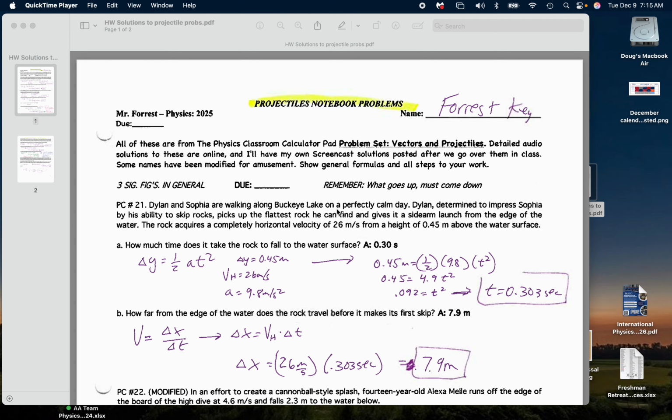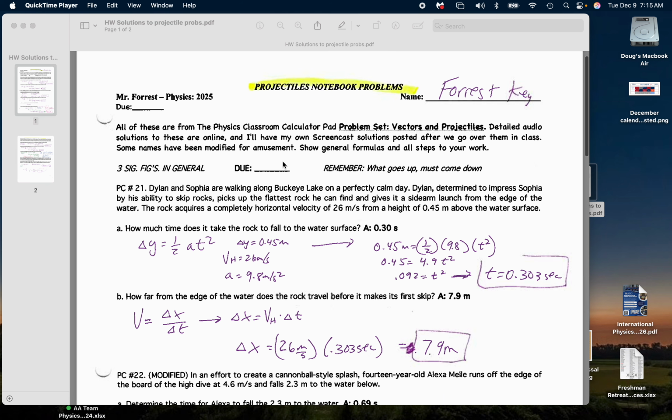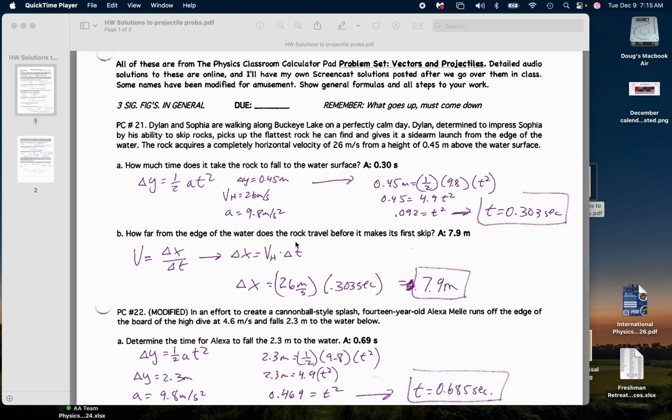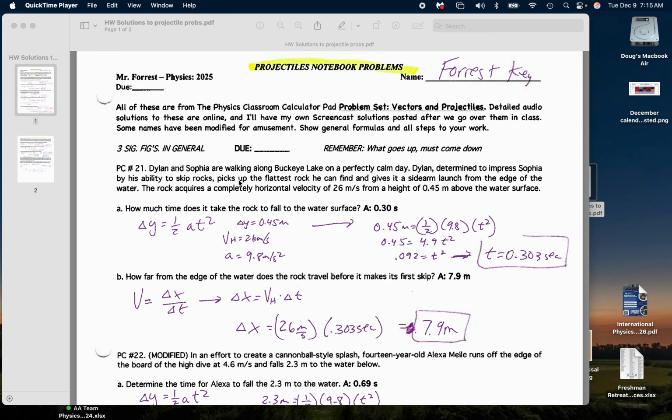Alright, so these are the solutions to the projectile motion notebook problems. They were due Friday on the 5th, and I collected those and am going to go over them this last week before midterms. So PC21, that comes from the Physics Classroom numbering, basically says we've got someone throwing a